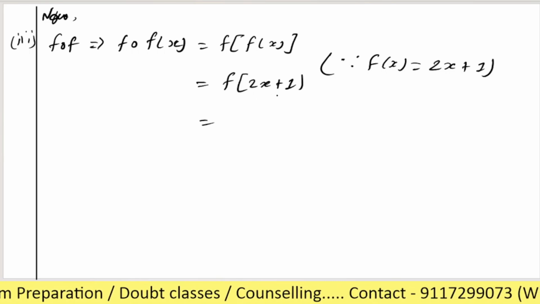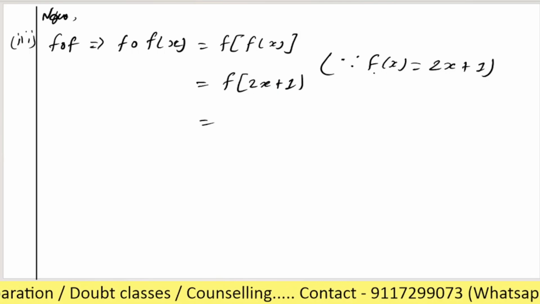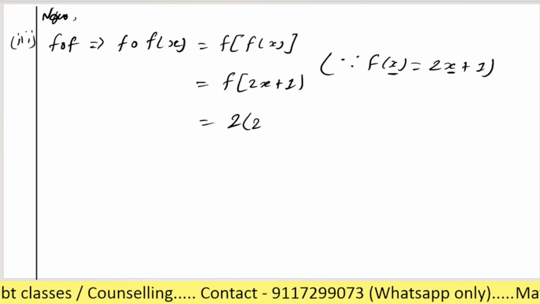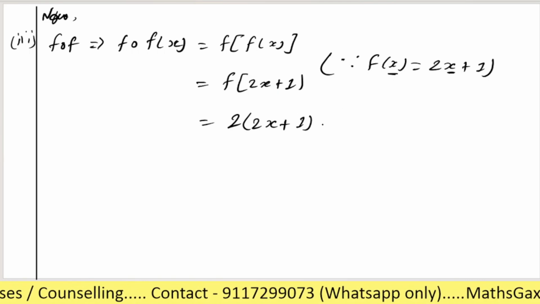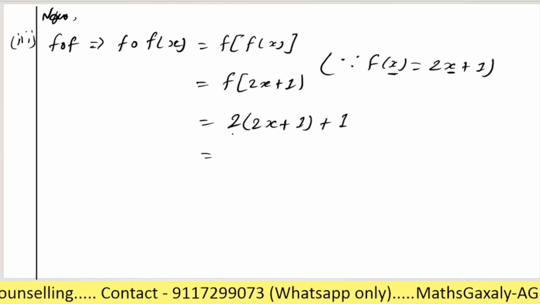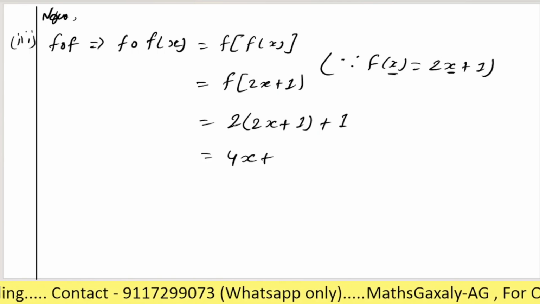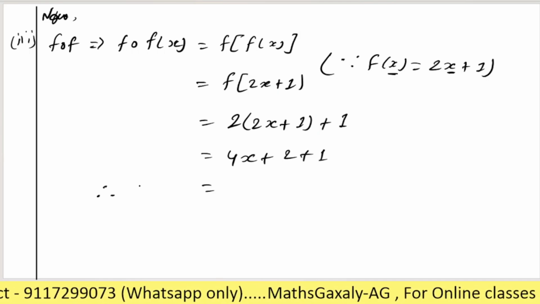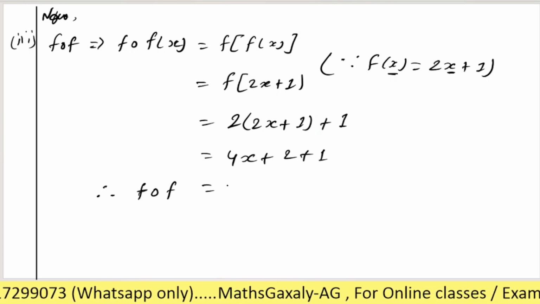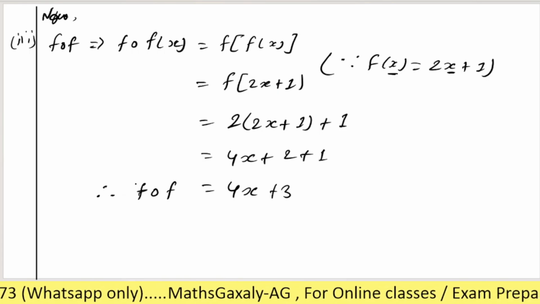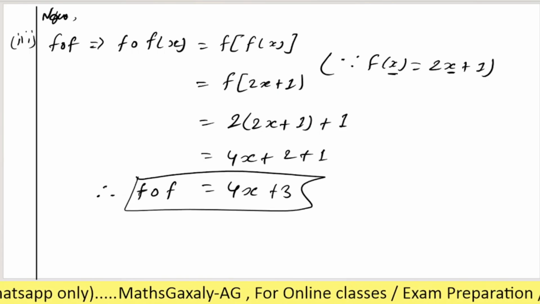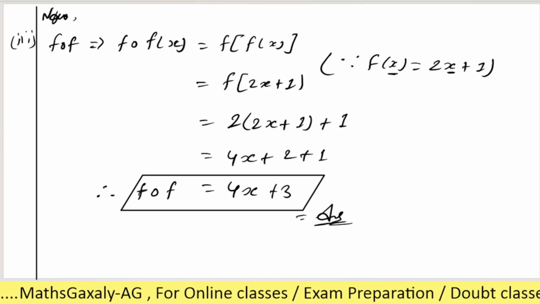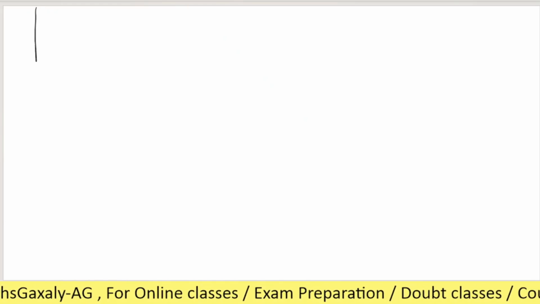Now let's see here, again it is in the form of fx, है ना? So again in the place of x we will write 2x plus 1. So here it will be 2x plus 1 and this one plus 1. Okay, so it will be 2 2 is 4x. Now 2 into 1, 2 plus 1. So therefore we can say that f of f of x will be 4x plus 3, right? 3. है ना? This will be our answer. Is it clear or any doubt? No doubt. Okay, now let's see for the next one, है ना?